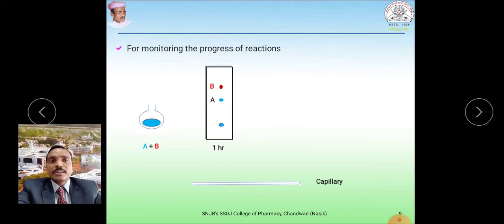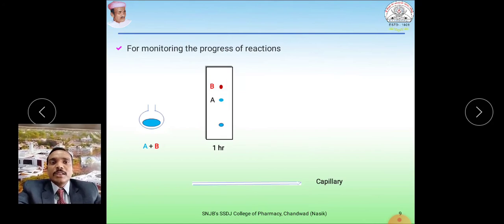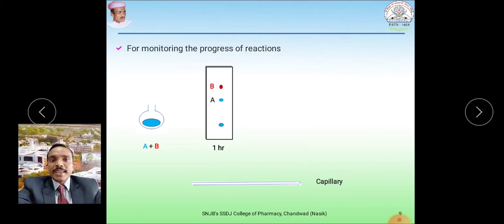A, as well as here we have to spot the B starting material. So A will also run over here, B will also run over here, and then we have to match the level of this A and B. By matching the level of distance traveled, we can say this is the A component and this is the B component present. So likewise we can see there is a presence of starting material A and of starting material B, but we are not getting any new component, any other spot. That means there is no formation of any new product.